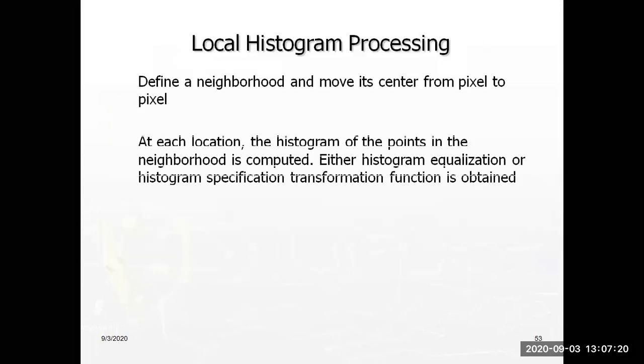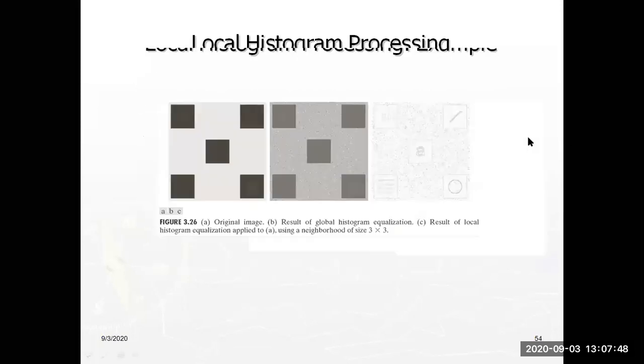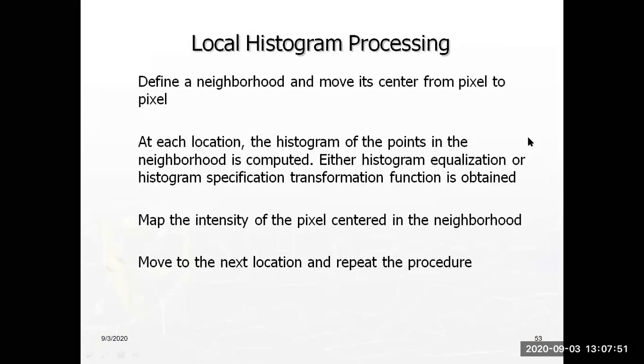But today we are going to start the next process, called local histogram processing. Actually, in our histogram process, we have four topics. The first topic is histogram equalization, then histogram matching. The third one is local histogram, and the fourth one is histogram statistics. We will see that later. Today we start our topic with local histogram.